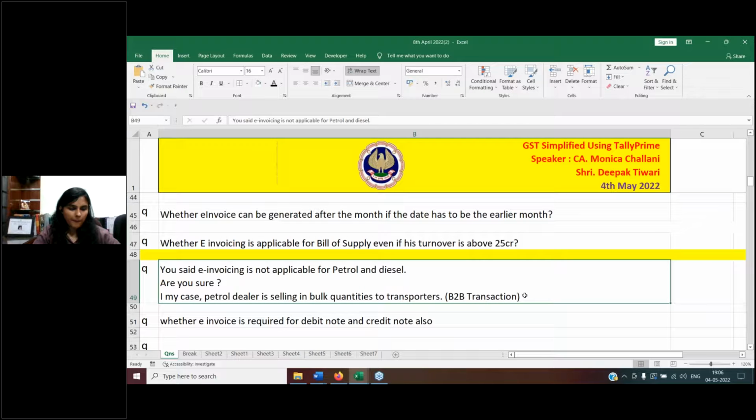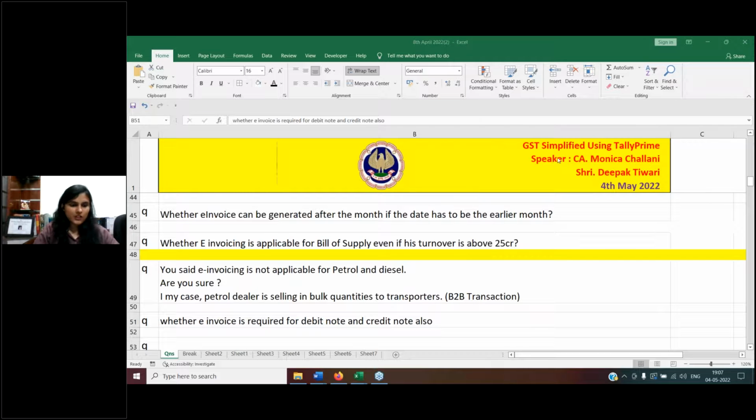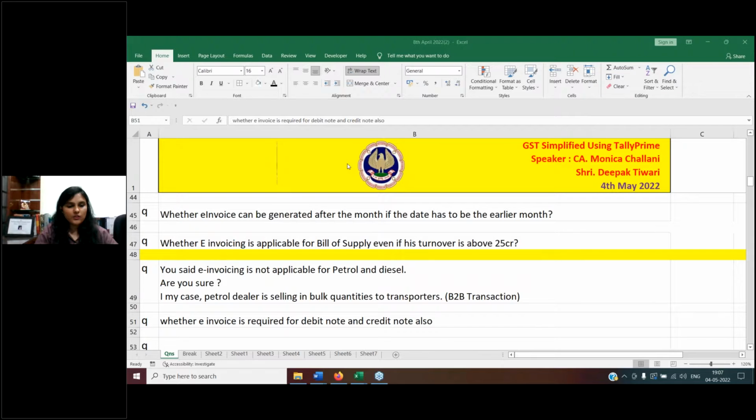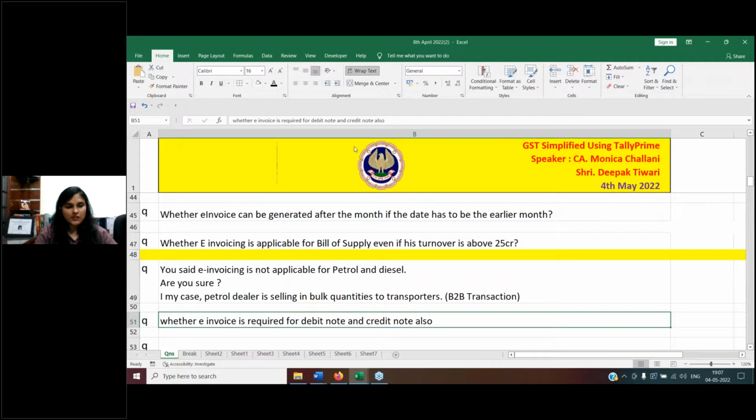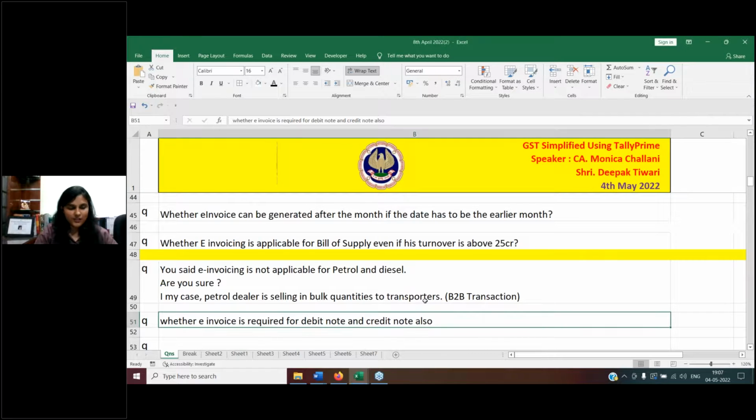Then can we go to the next question, ma'am? So as you said, the e-invoicing is not applicable for petrol and diesel. Are you sure? In my case, petrol dealer is selling in bulk quantities to transporters, B2B transactions. Petrol, fuel. Petrol is outside the purview of GST as of now. So according to me, it should not be applicable because it is still outside the purview of GST itself. So whether it is for transporters or not, it's a secondary question, but sale of petrol itself is not applicable to GST according to my view. I may stand corrected, but as of now, it is not